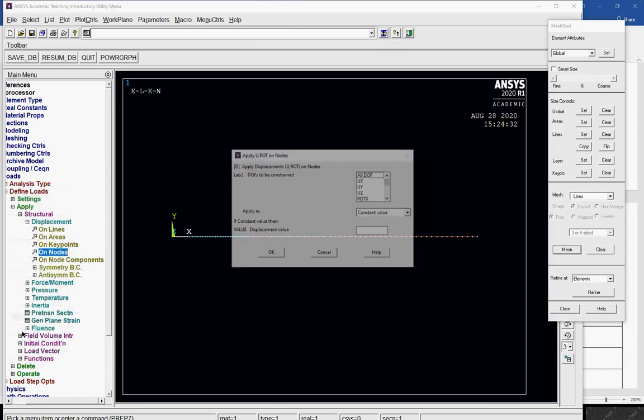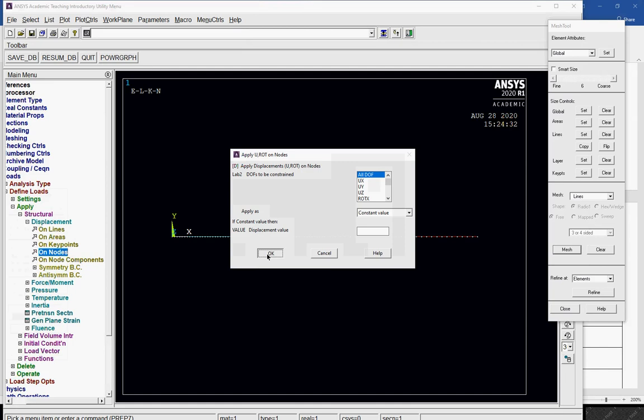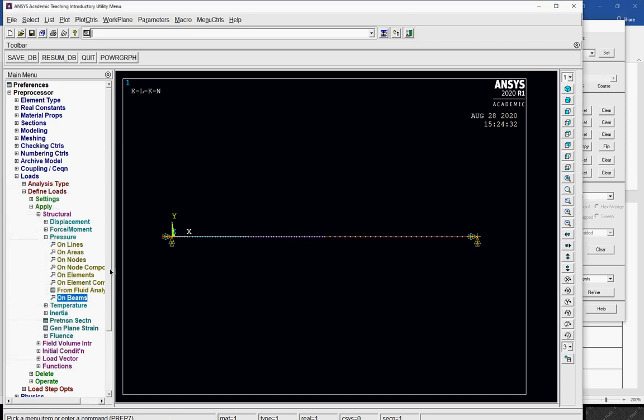All degrees of freedom are locked to 0. Pressure on beam.